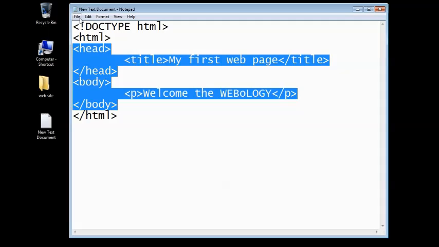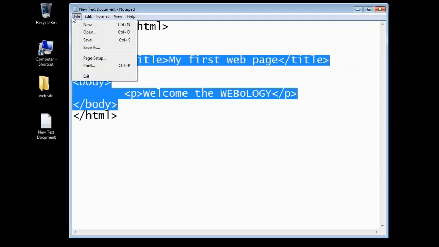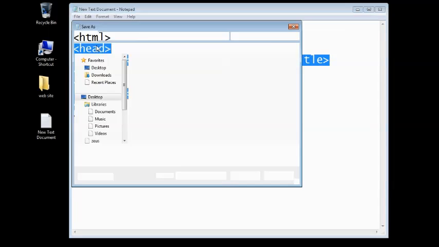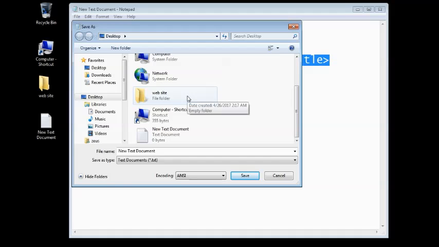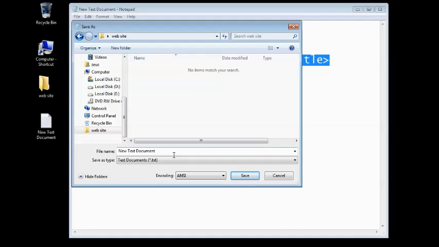Now the other important aspect of learning web designing is to save. You need to make sure that you save in the correct format. If you save it in the wrong format, your web page won't be displayed. So open File and go to Save As, and here you have the option of saving wherever you want. For my convenience, I've created a folder called website on the desktop, and I'll be saving my document there. In the file name, I can put any name I want for the file. So I'll just go with web